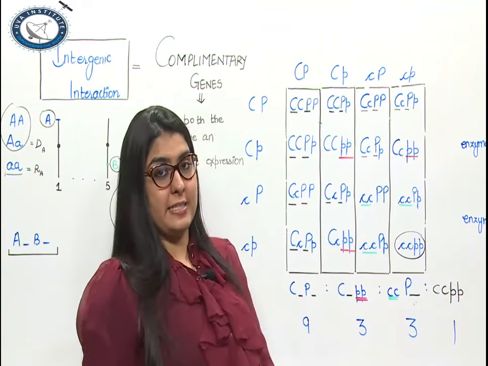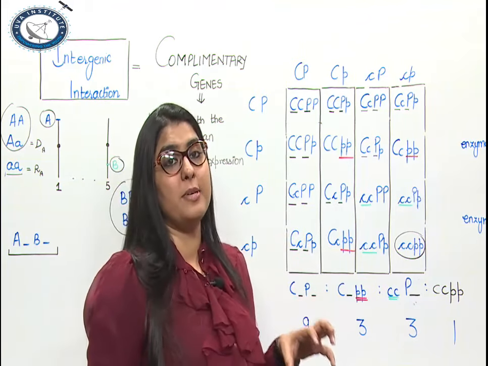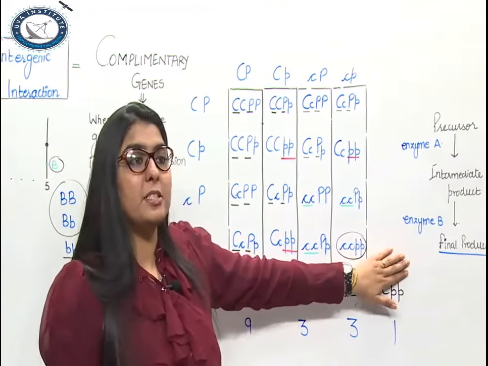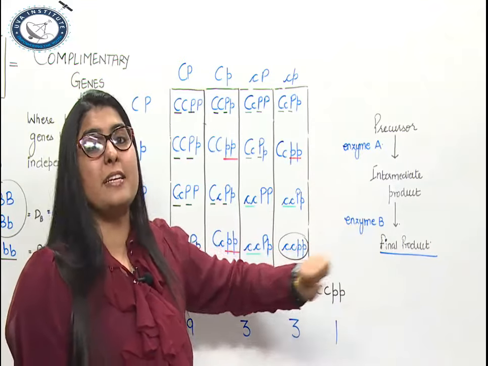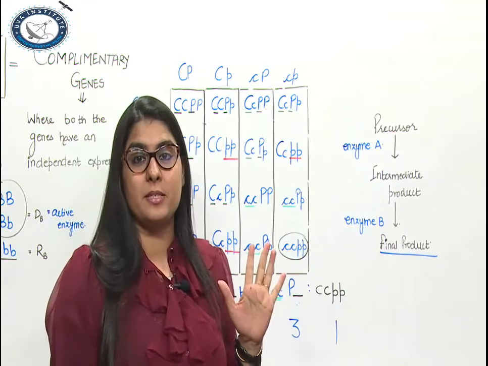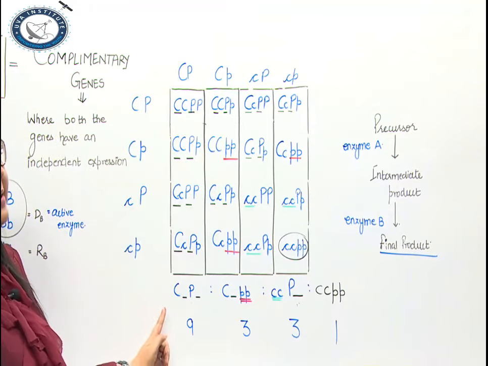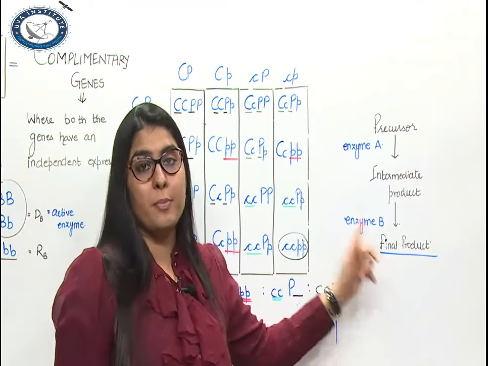When we look at this situation, when both the genes are required in a dominant situation to produce an effect, we say this particular situation, when I require both the genes in the dominant situation, is going to occur how many times in this inheritance of two genes? It will occur 9 times that both are dominant and are going to produce the final product.